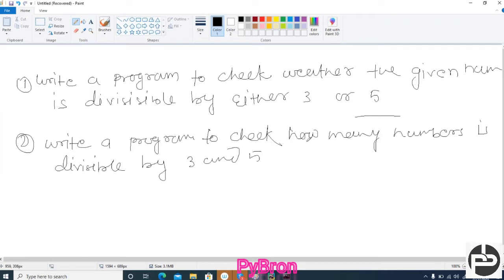How many numbers between 100 to 200. Okay, so you have to check how many numbers between 100 to 200 are divisible by 3 and 5.